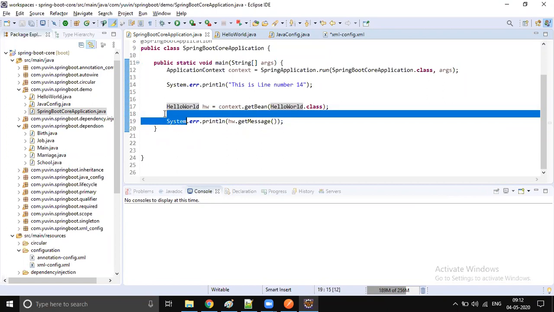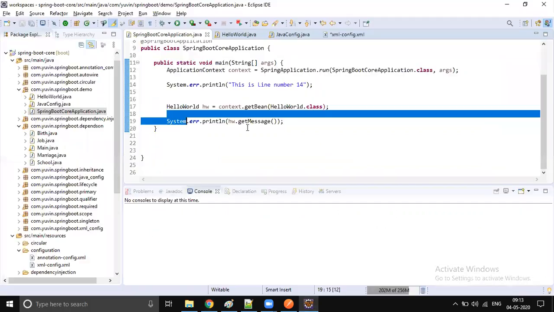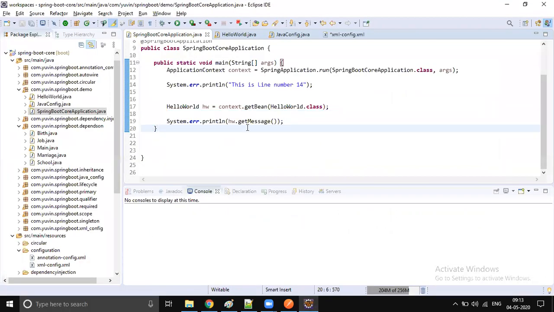So make sure you don't use lazy. It will unwantedly cause some runtime exceptions. Instead of doing that, it is better to make your application ready at startup. Even though we have this concept available in Spring, in most projects we don't use it. If you use it, you will unwantedly get some kind of exception, which won't be good. So never use lazy initialization in your application. Instead of getting runtime exceptions, it is better to get an exception while you are starting your application.